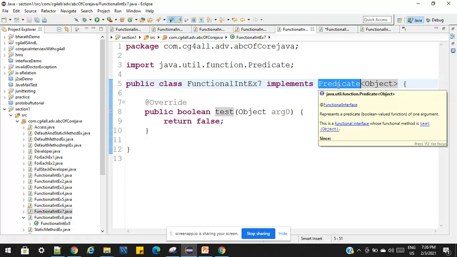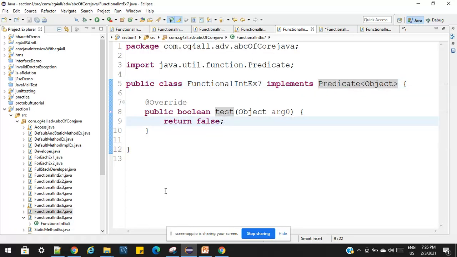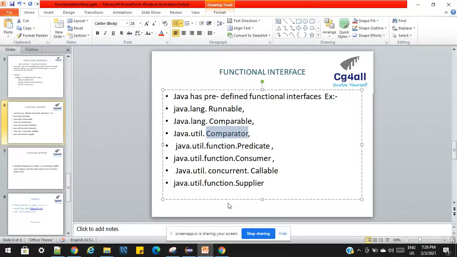In the next section, when we cover the lambda expression, we will understand how the functional interface is used, and it should reduce the number of lines of code. Okay, clear? So this is the Predicate interface. Next is Consumer. We already saw that in the functional package we have the accept method.